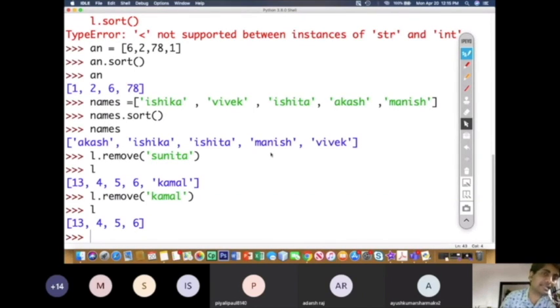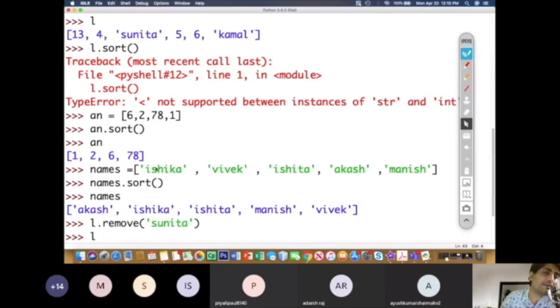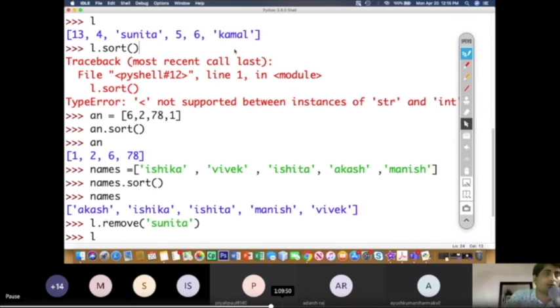As I can see this list L, I was able to see it, and looking at it, it was clear that Sunita is in double quotes and Kamal is in double quotes, so they are strings and that is why they had to be removed. Now suppose I have a list called X and it has values of different data types: integers, strings, complex, everything is in it.